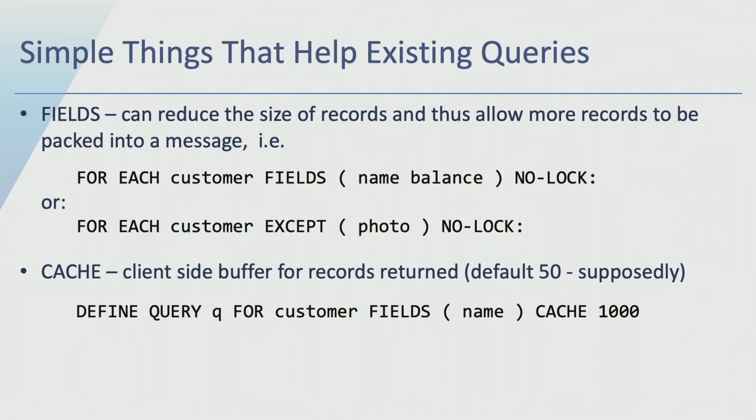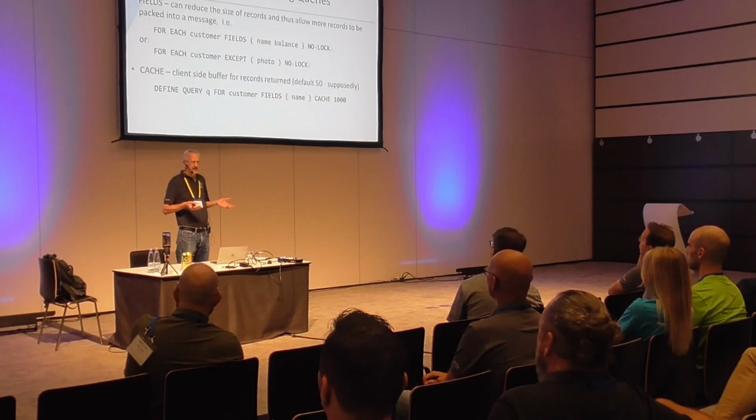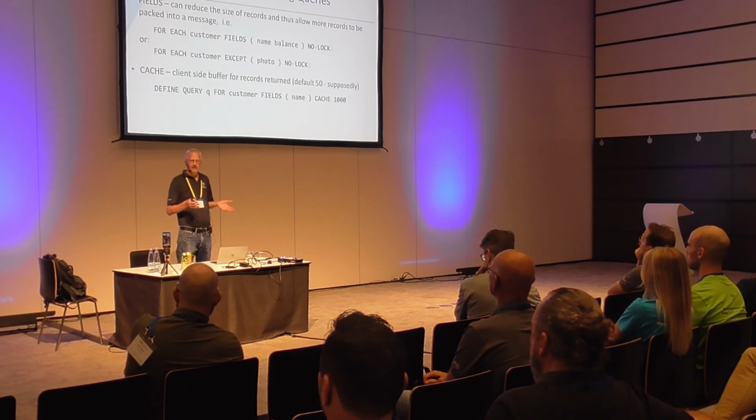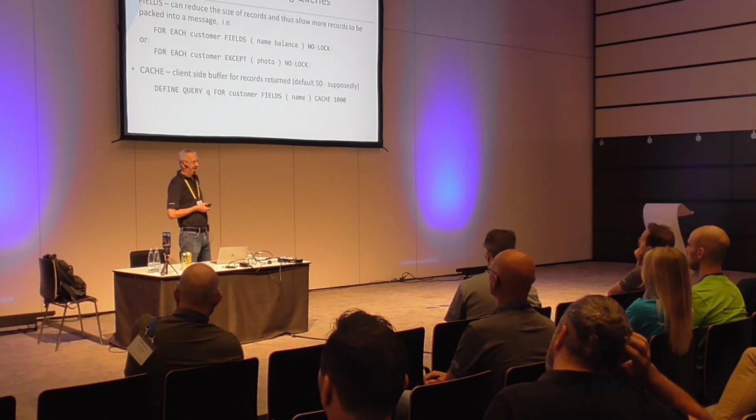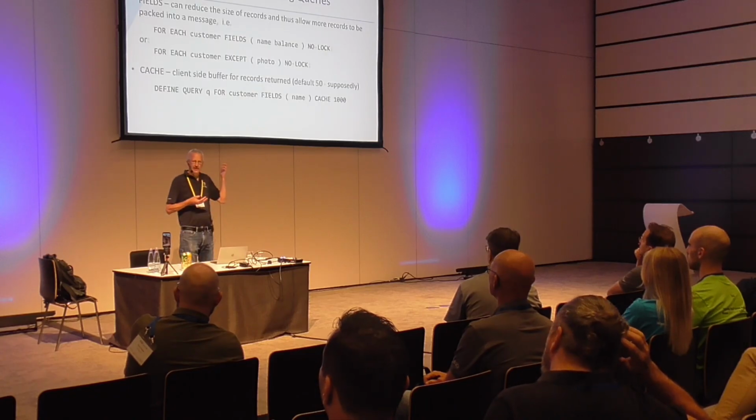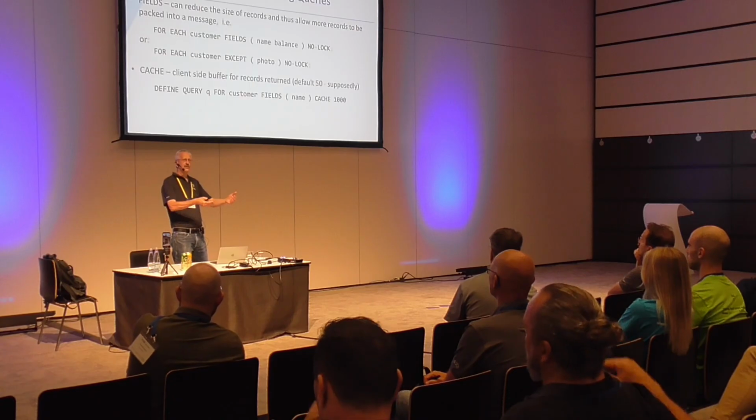One of the coding things that you can do is to use a fields list. So if you're in a client server environment, you don't necessarily want to send every bit of the record back to the client. So if you're just generating a list of customer names, you don't need to know their city or their state or the postal code or any of the other information about the customer. You just need the customer name. So add the name and maybe the balance if you're showing that to the fields list, and just those fields